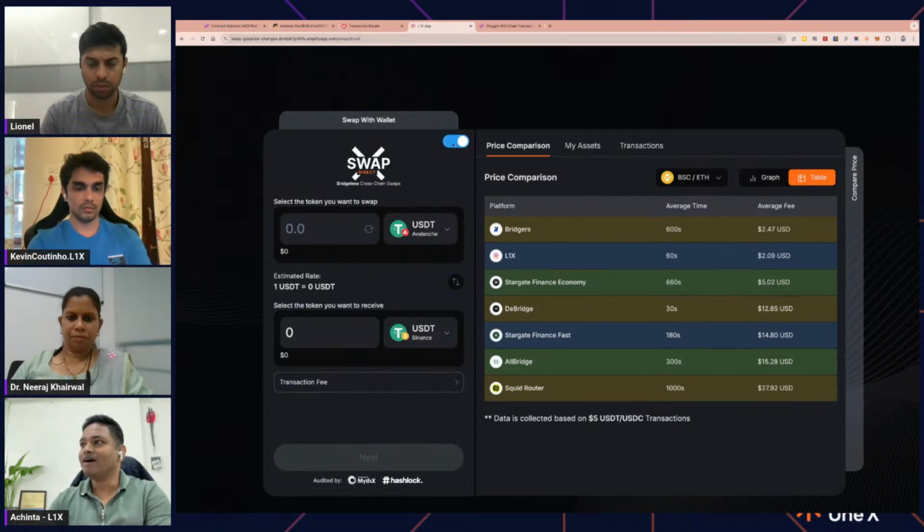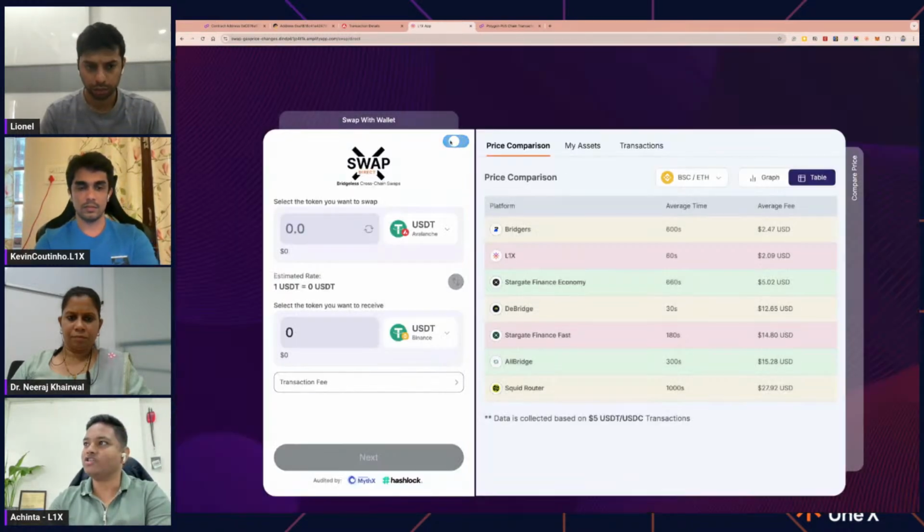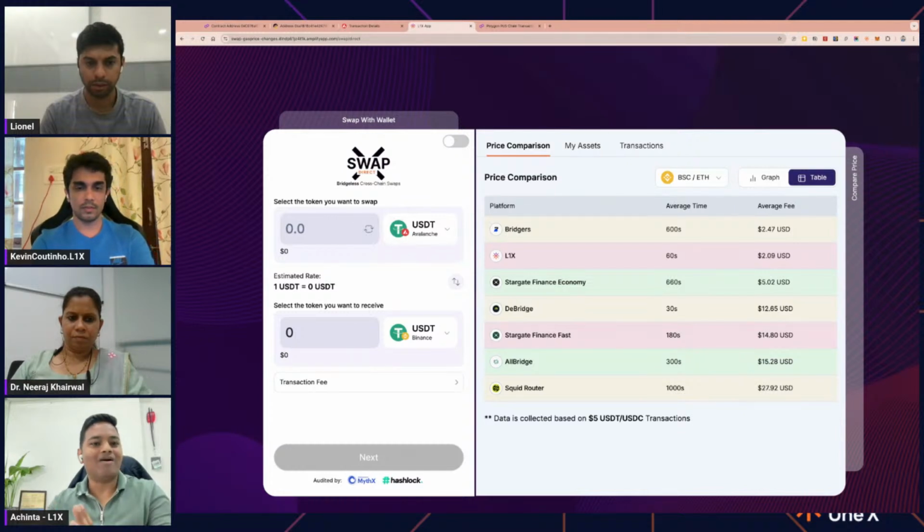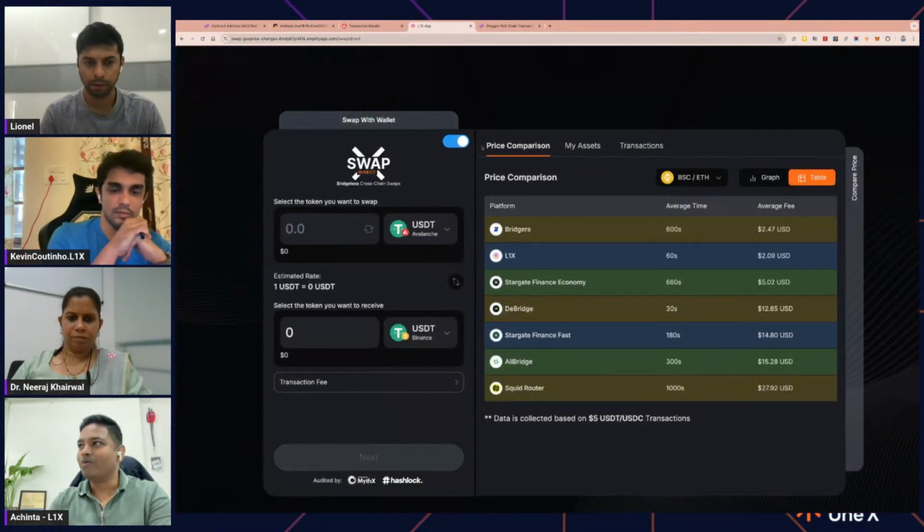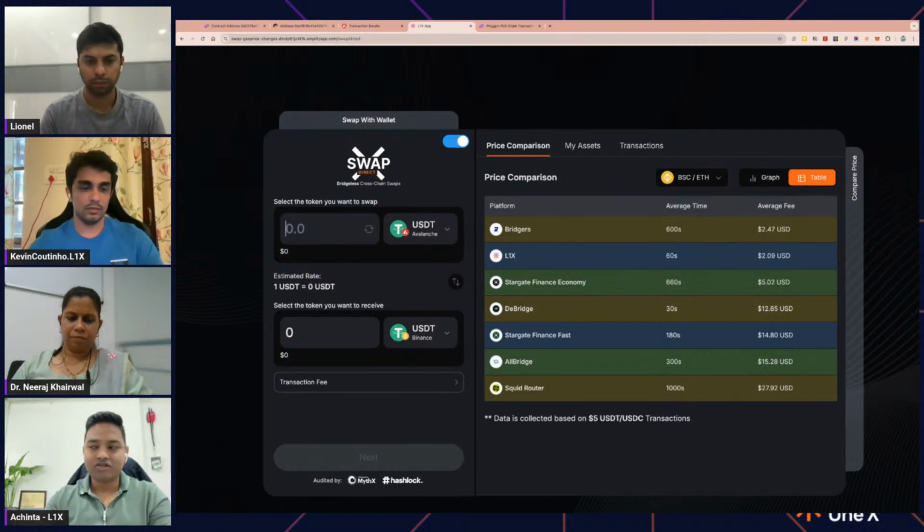And the other thing is that we already listened to our community. They're saying that we need to have a dark side of it, a dark theme. So we have a dark theme for you guys, and you can check it out as well. This time we are going to swap from AVAX USDT, using AVAX chain USDT,